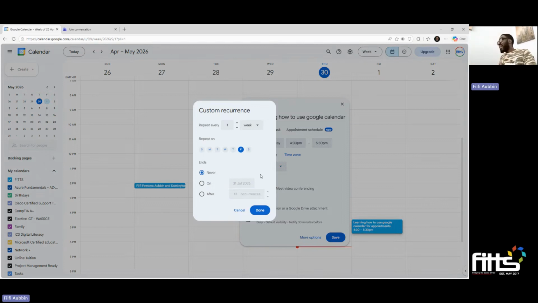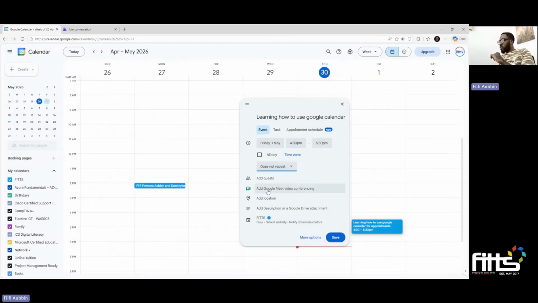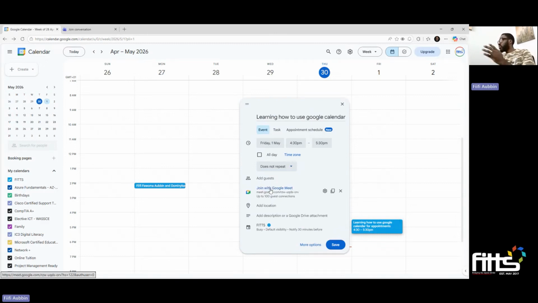Customizing depending on your preference. So just explore. Then you can also add Google Meet video conferencing. That is, if you want to meet people online, you click it, add it. Now you can add a guest, you type their email addresses, it pops up, then done. So once you finish, you can add a location,